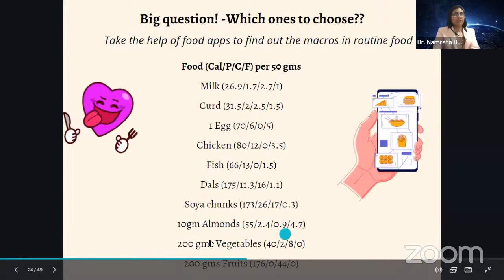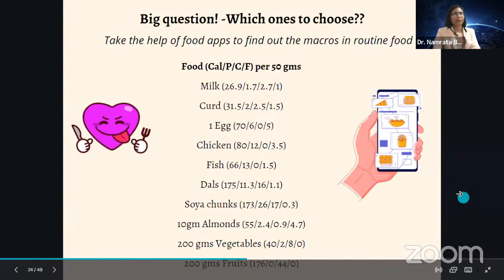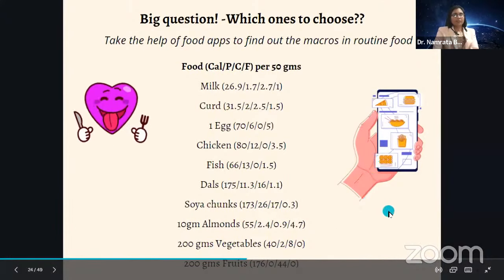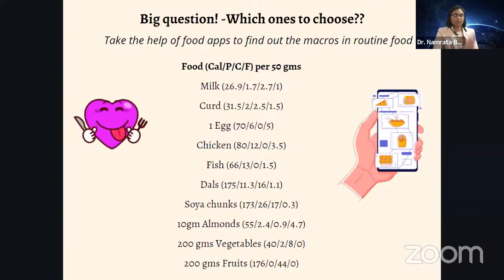ये 10 ग्राम almonds का, इसमें lipid content ज्यादा हो जाते हैं. So once you start studying, and these are the basic components of our daily diet, you'll start getting an idea. Now vegetables and fruits. WHO itself says that 400 grams of fruits and veggies तो आपके food में everyday होना